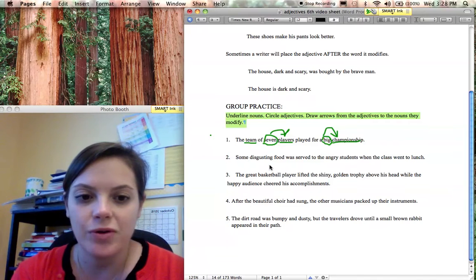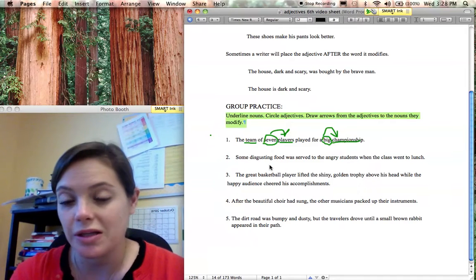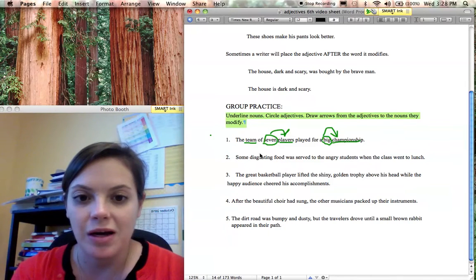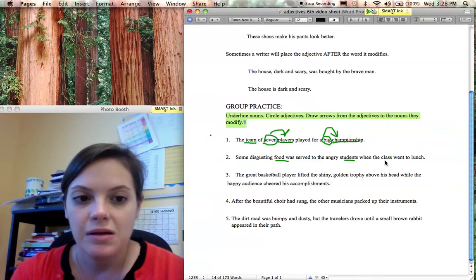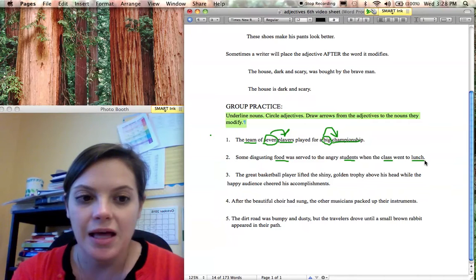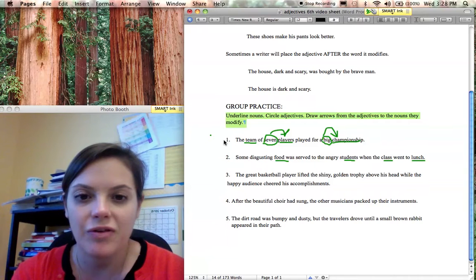All right, let's look at number 2. Some disgusting food was served to the angry students when the class went to lunch. All right, so same thing, we want to underline our nouns. So I see food, students, class, and lunch. Okay, and now I'm going to look for my adjectives. So I see some,